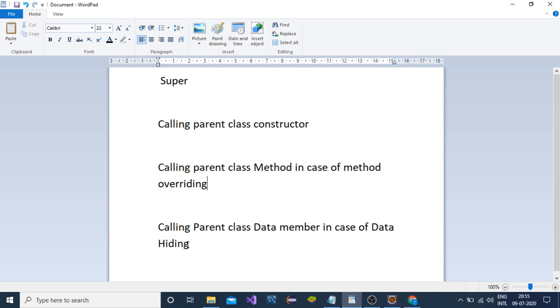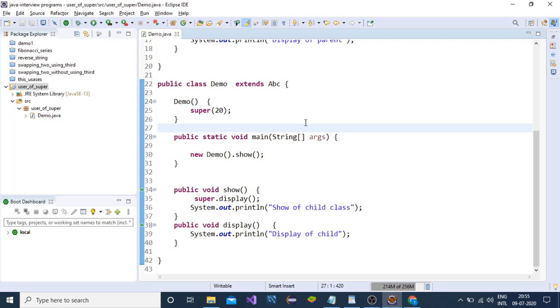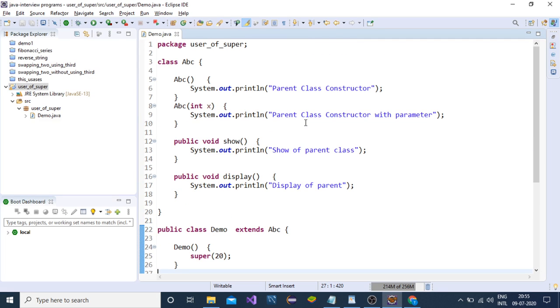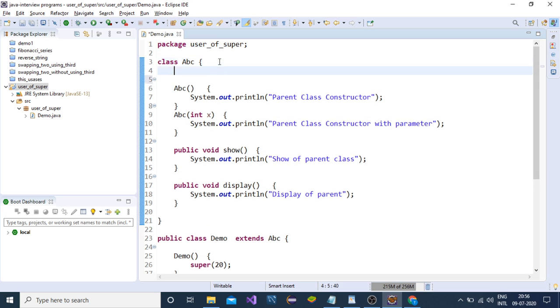Now the third use is calling the parent class constructor and calling the parent class data member in case of data hiding. Data hiding is the process in which parent class and child class have variables with the same name.